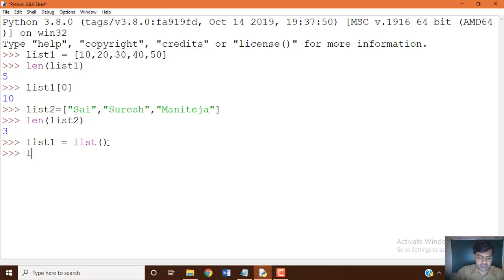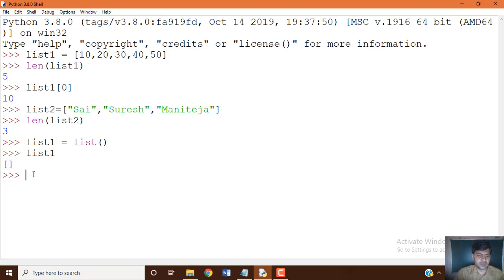Let's just print that list 1. You can see clearly that is what we learned when we went through the theoretical concept. So if you use the built-in list function without any argument, it will be assigned an empty list.